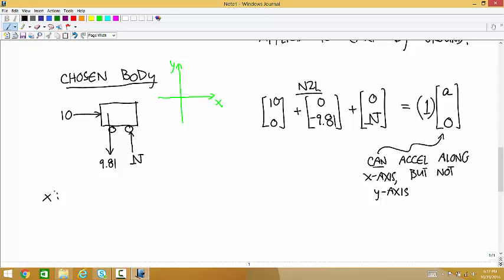The x component of this equation says 10 plus 0 is equal to 1a. And you can solve that for a. Well, it's sort of already solved. A is equal to 10. And now the y component of this equation says 0 minus 9.81